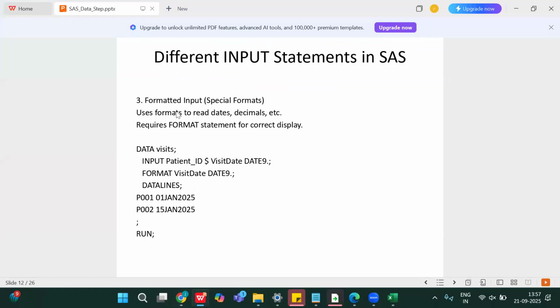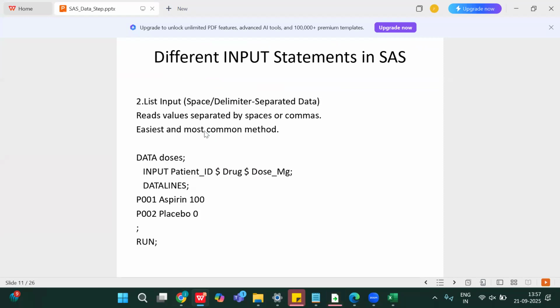So this input style is called formatted input. When you have something like a date and all. So we have seen